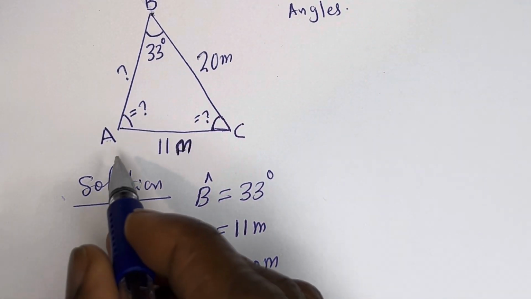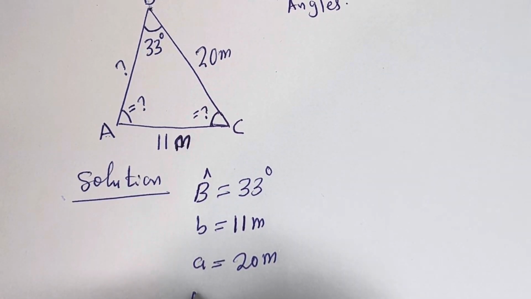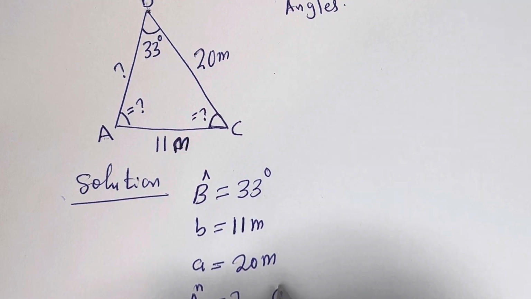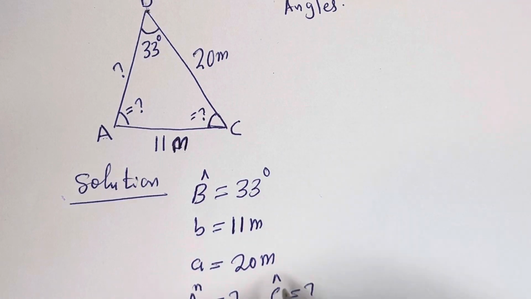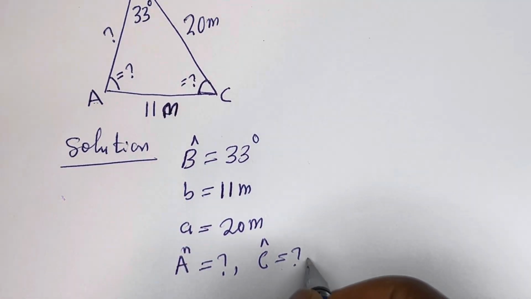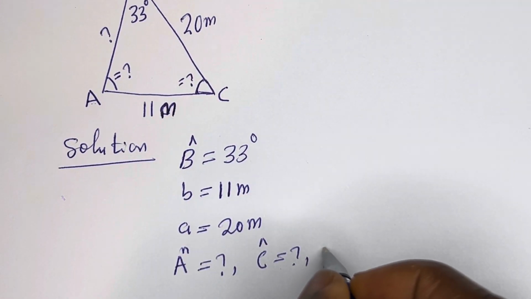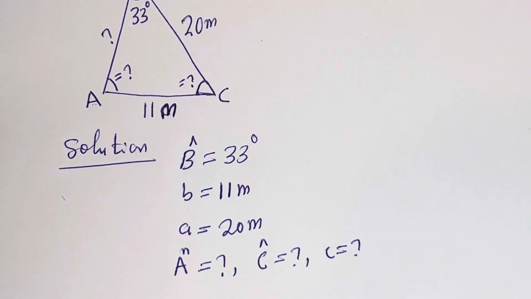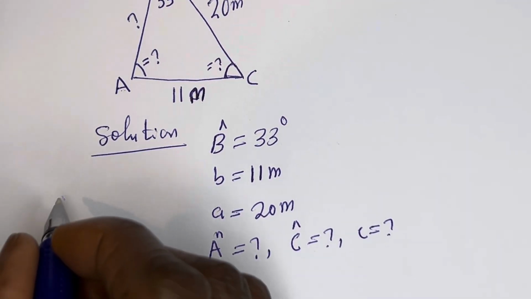So angle A is unknown. Angle C is unknown. Then side C is unknown. Now by sine rule,